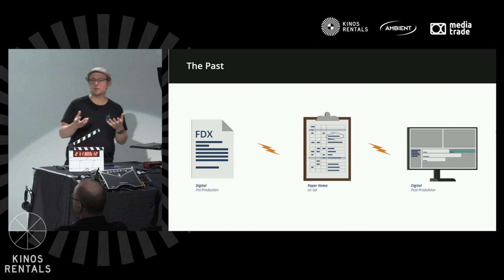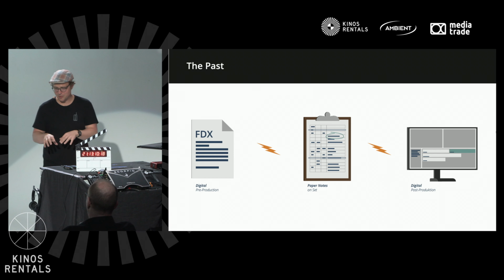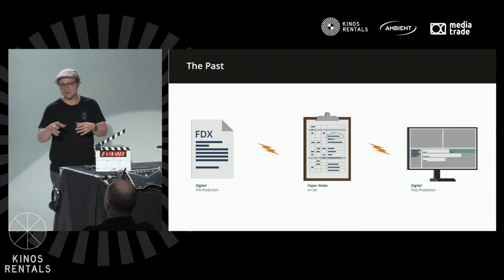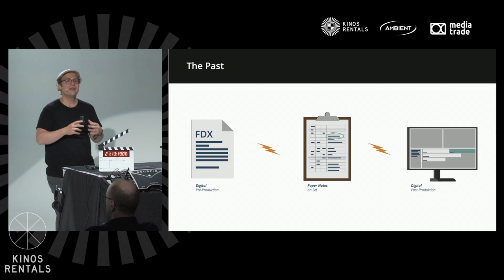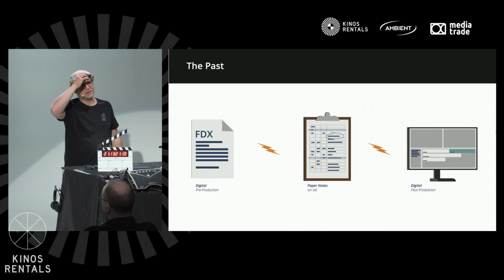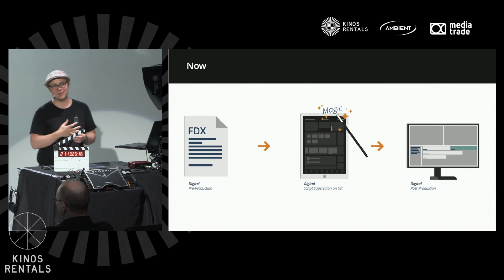And in post-production, there's a poor guy sitting there typewriting the paper to ingest the content information like scene, slate, take, good take, bad take, what did the director say, where should I put it, into the editing. So we put in a little bit of magic in between